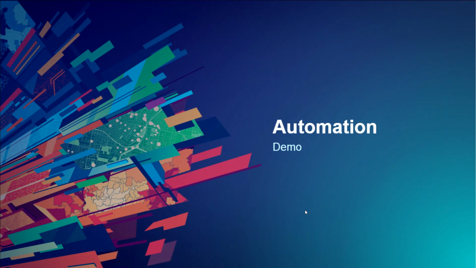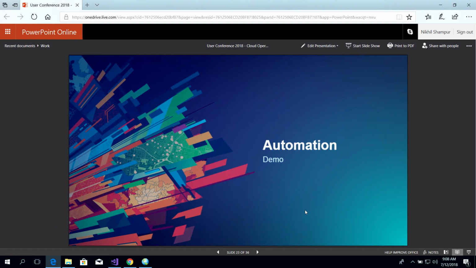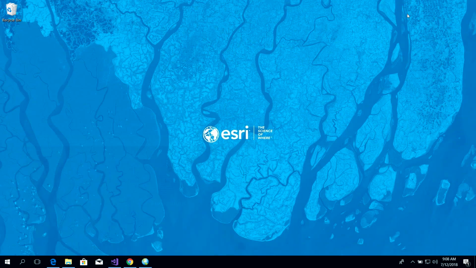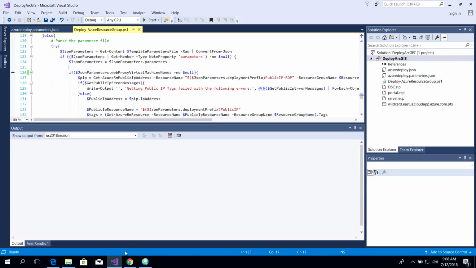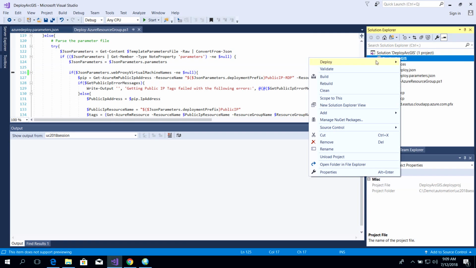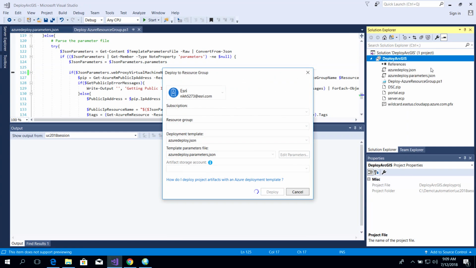Right. So in the interest of time, I'm actually going to skip the automation demo. Or no, actually, I'm going to spend a quick second on it. I'm going to use Cloud Builder to save out the artifacts, and I'm going to show you what those artifacts look like within Visual Studio. Cloud Builder saved out those artifacts. I unzipped it. It gives you a solution file that I launch in Visual Studio. And right within Visual Studio, I can choose to deploy this